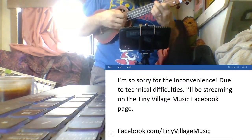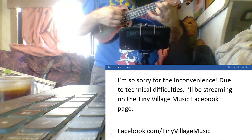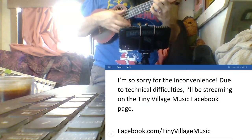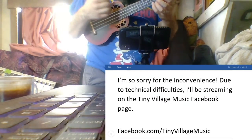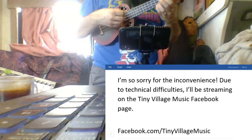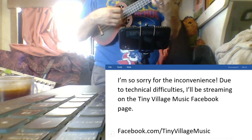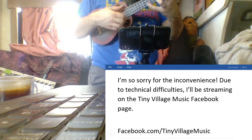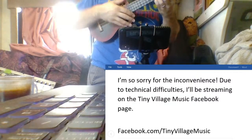But anywho. I can already hear just in strumming this that it just sounds a little dull, so I'm looking forward to changing these strings. Let's see if we can get a little